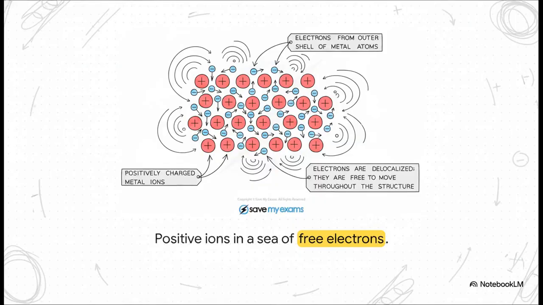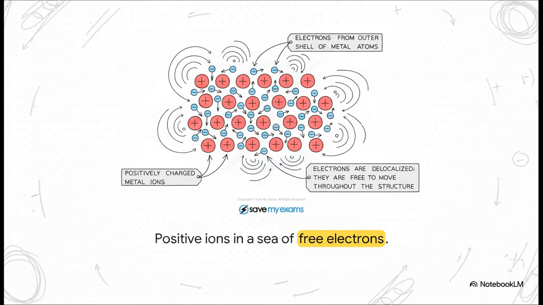See those red circles with the plus signs? Right, those are our metal atoms. Now, what is really unique about metals is that they have a notoriously weak hold on their outermost electrons. Because of that, those outer electrons simply drift away from their parent atom. And since they've lost their negative electrons, the atoms are left with a positive charge, officially making them positive ions